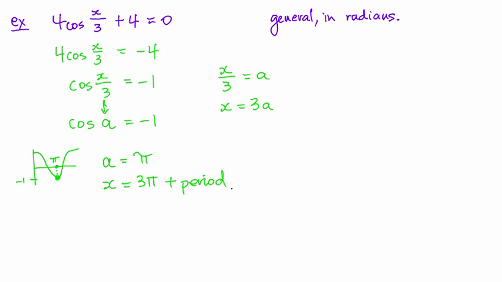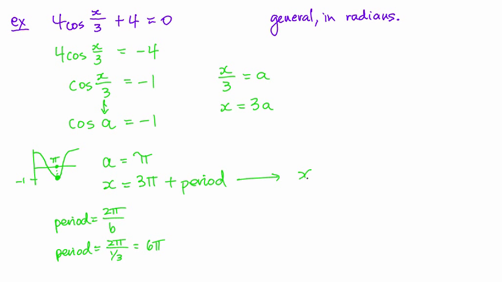Oh, but the period's changed. So the period is 2 pi, but it's over b. In this case, the period is 2 pi over 1/3. And 2 pi over 1/3, multiply the top by 3, multiply the bottom by 3, is 6 pi. And that's because, as I hinted at the very beginning, you should have been able to see this, x divided by 3 is a horizontal expansion of a factor of 3. So instead of taking 2 pi to go through the graph, it takes 6 pi to go through the graph,